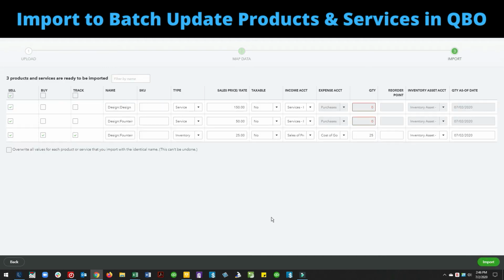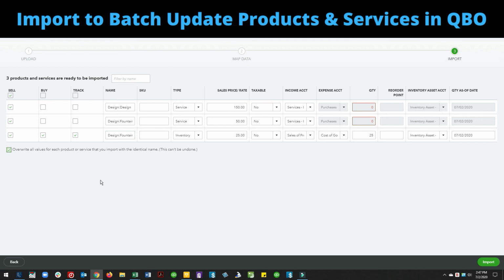So if I go next here again, now we have my three things I am going to import. I have my design, my concrete, and my pump items. The types all match what's currently in QuickBooks. We have a new rate. Notice we have some other things that it didn't fill out, like if it's taxable, the income account, things like that. That's because QuickBooks has already identified, hey, these exist in QBO. We're just going to pull those in case you want to change that right now anyway, because those are all drop-down items anyway.